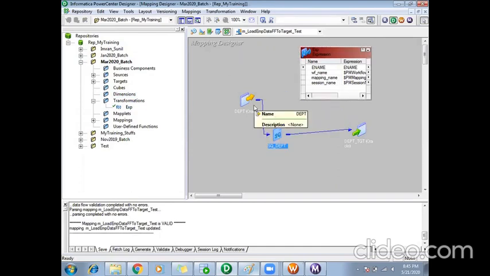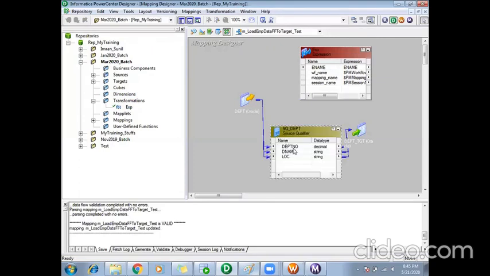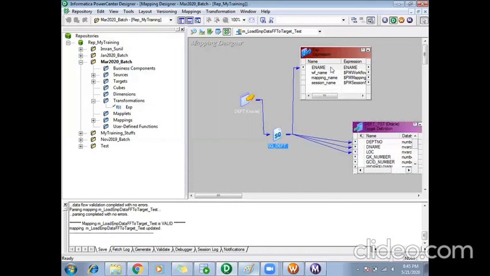I'll create it only once and I can reuse it as many times as I want. Now I will take one port here, same thing, and from here I can take the workflow name, session name, and mapping names to my target.